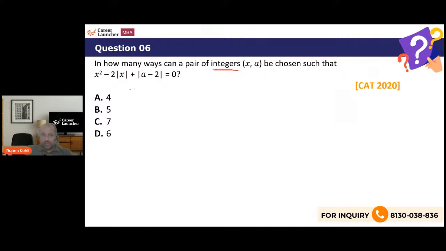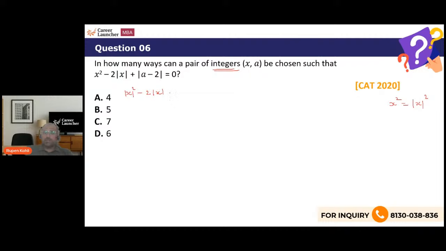So now we don't have x square minus 2x, we have x square minus 2 mod x. You see, x square is as good as the square of the mod of x, right? The square of mod of x is as good as x square. So what I'm trying to say is that this can be expressed as a quadratic in terms of mod x. So x square minus 2 mod x, and I can also call this mod x square